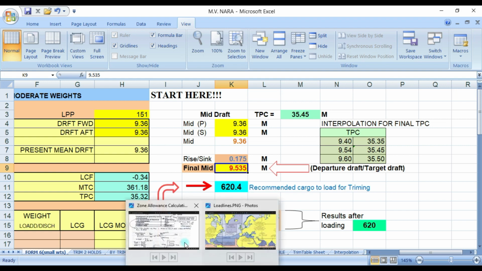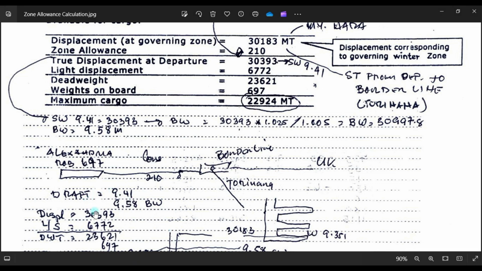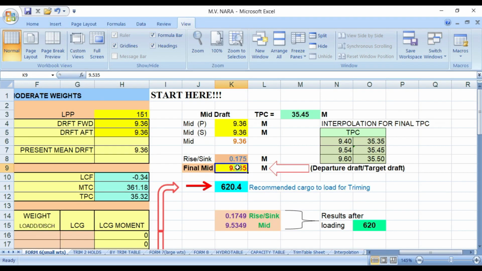Check again. So this will be our departure drop, 9.58. And our initial drop is 9.41.